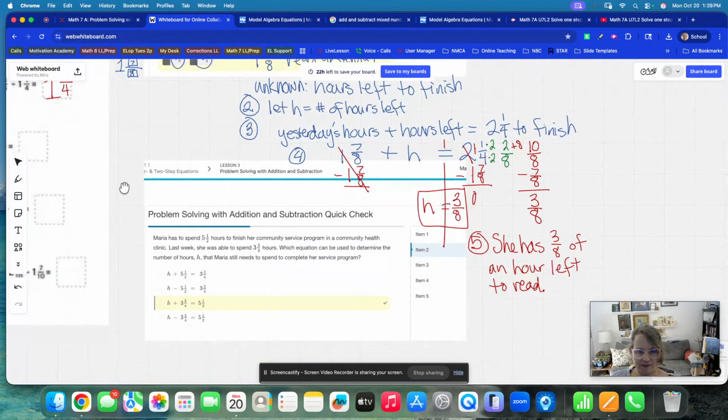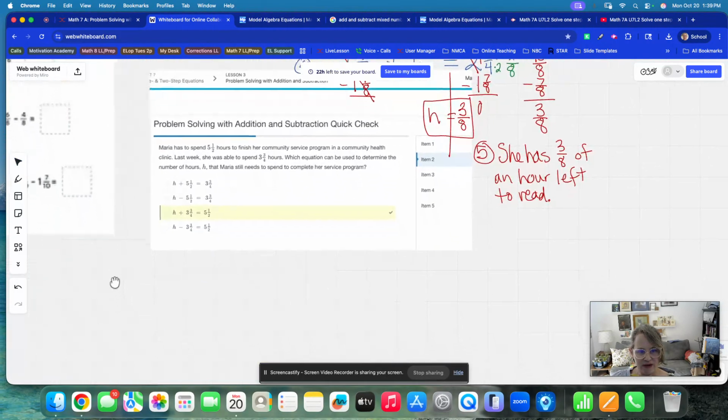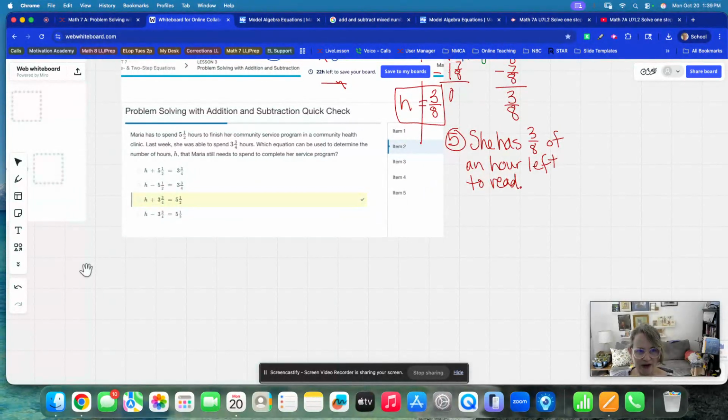Let's try it again. Okay, this is Maria. She has to spend 5 1/2 hours to finish her community service program in a community health clinic. Last week, she was able to spend 3 3/4 hours. Which equation can be used to determine the number of hours H that Maria still needs to spend to complete her service program? So remember, step 1